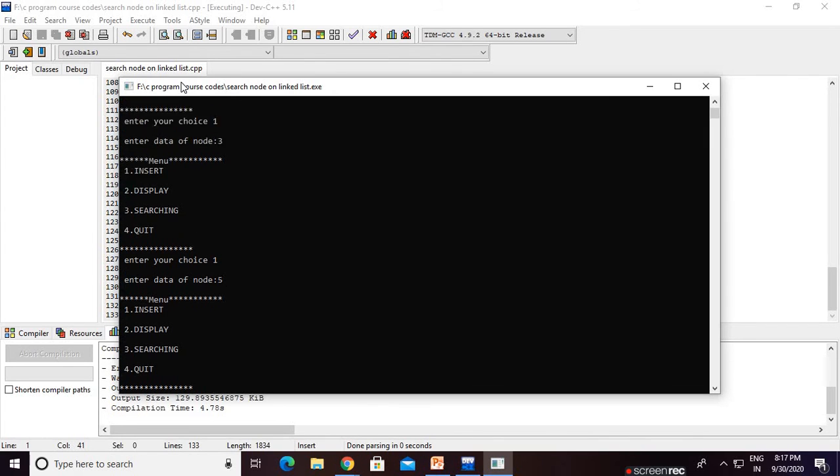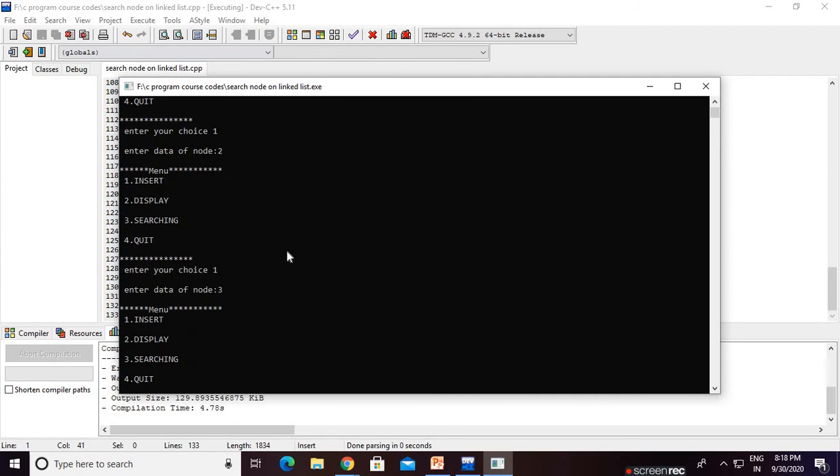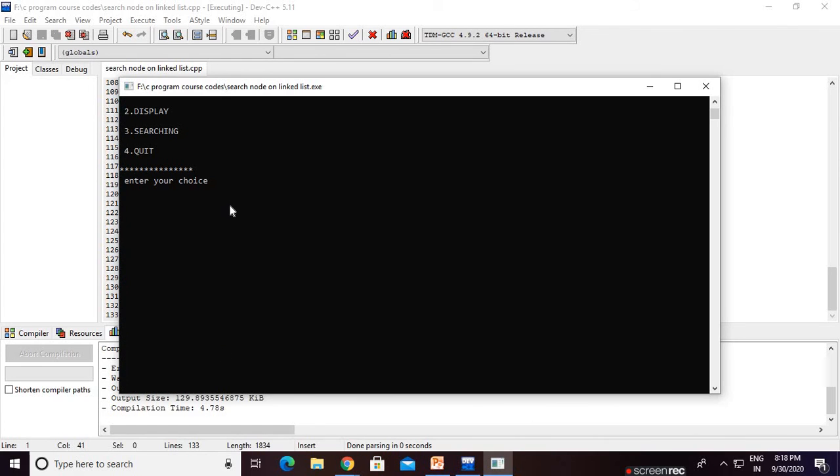So for display, what is the choice? Two. That is display. Two is display. This is our list. First node, second node, third node, fourth node, or zero node number. That means the index is 0, 1, 2, 3, 4. Now, for example, we are finding this data, that is 5. Search value is 5. So this we are searching. So for searching the choice is 3. So now, which item are we searching? 5. Okay. 5 is at which index? This is the node, okay? First node 0, 1, 2, 3, 4.